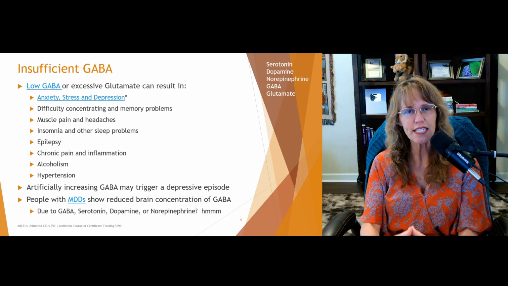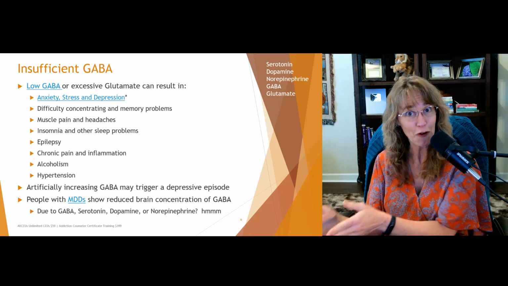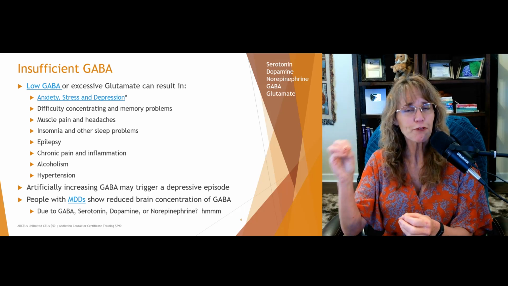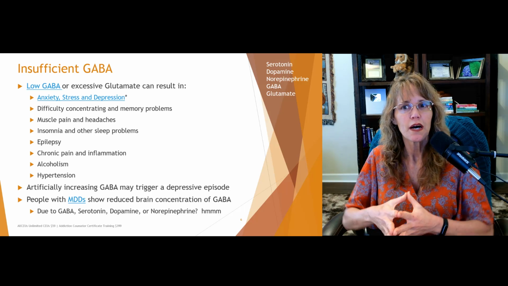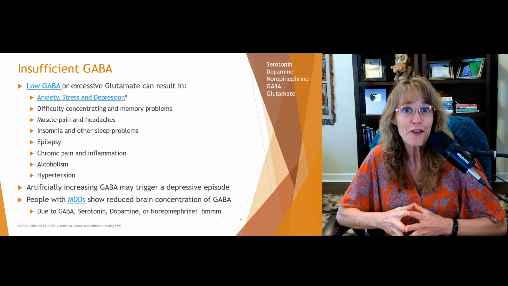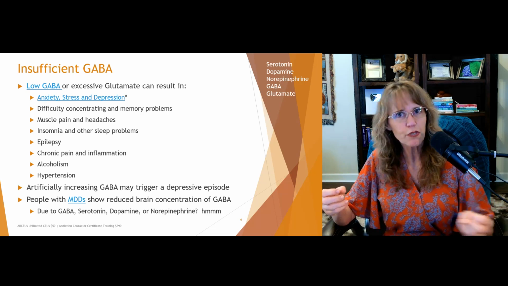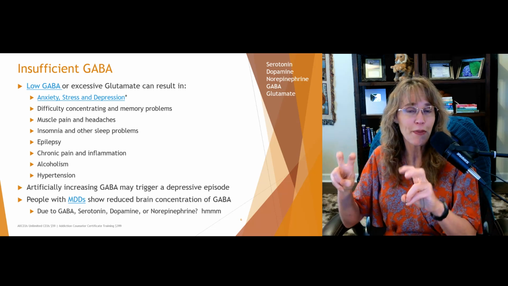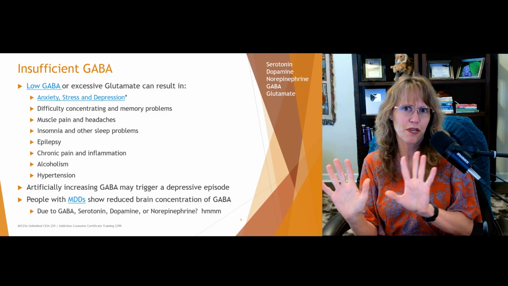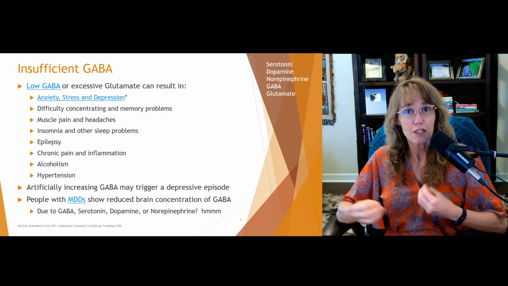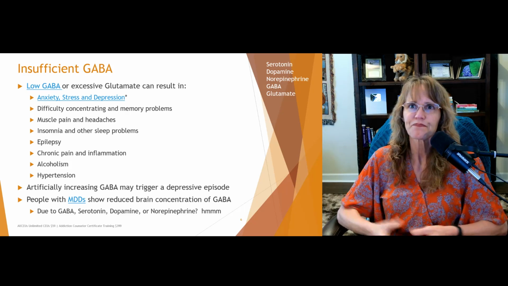When the system is regularly flooded with GABA as a result of drinking alcohol, the GABA receptors become resistant to GABA in general. So when the body's going through its normal daily activities and it releases a normal amount of GABA, the receptors go, what is this? It's not worth my time. Go away. And so now they're resistant to that and they're going to have higher levels of anxiety.